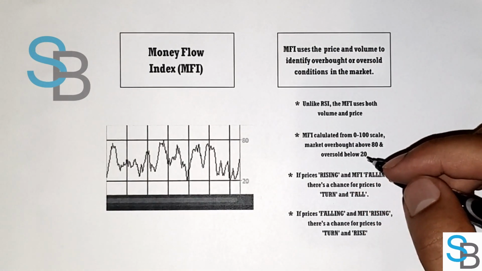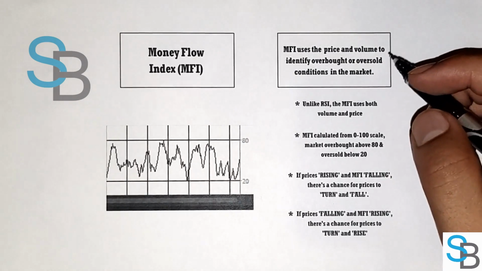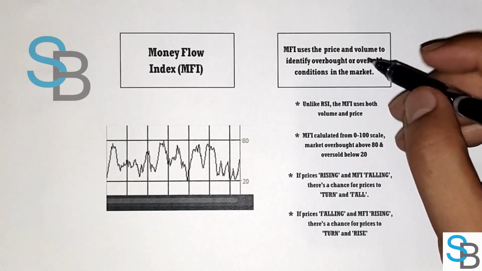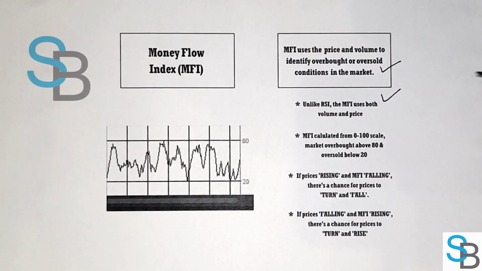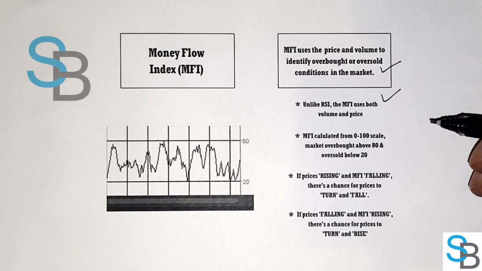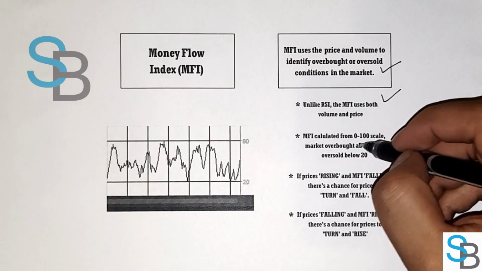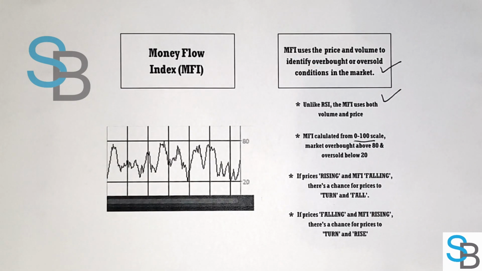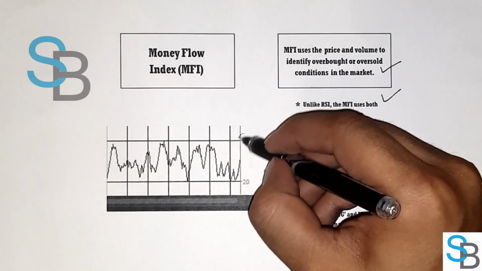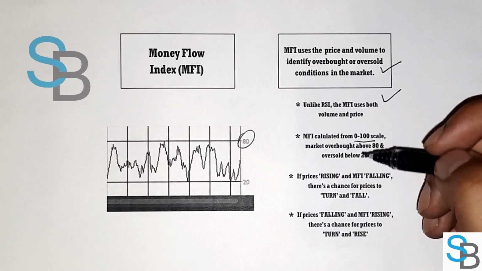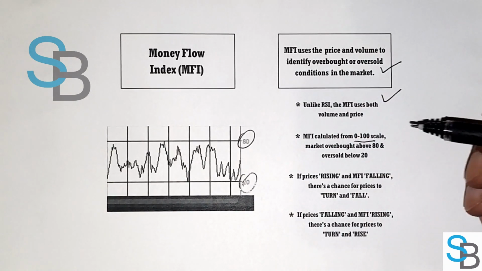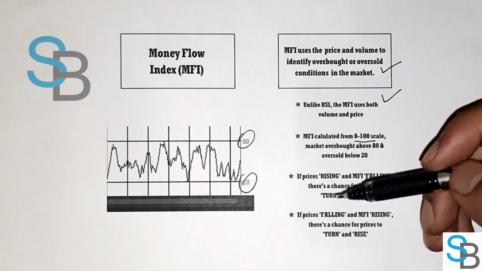The money flow index, or MFI indicator, uses both the price and volume to identify when the market is overbought or oversold. Unlike the RSI, the MFI uses both the volume and price. On your MetaTrader platform, when you open your MFI indicator, you will see a scale from 0 to 100 on your chart. If the MFI is above 80, this means the market is overbought and it's a signal to sell or go short. If the MFI is below 20, this means the market is oversold and it's a signal to